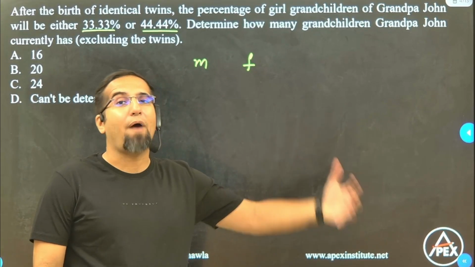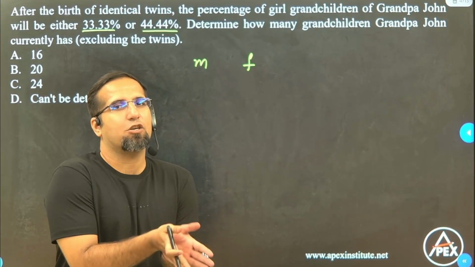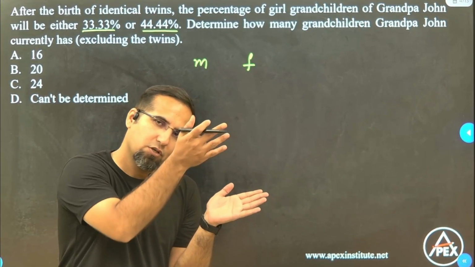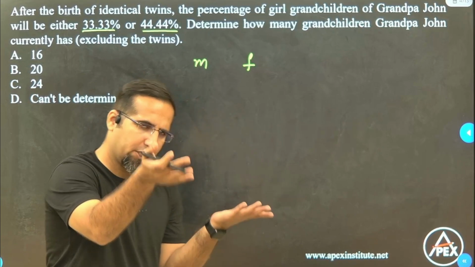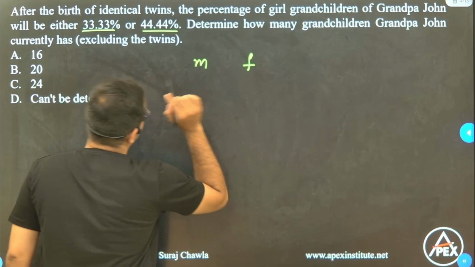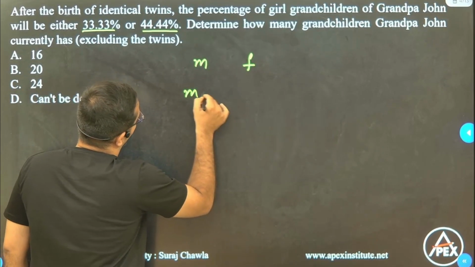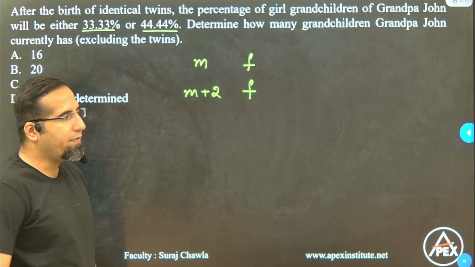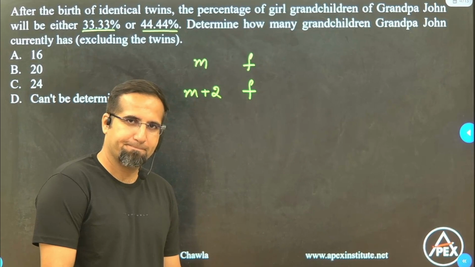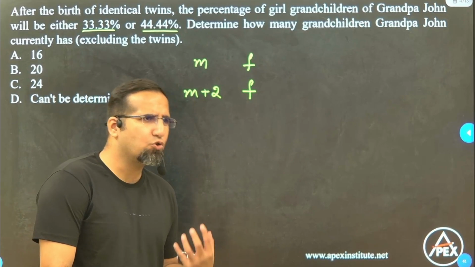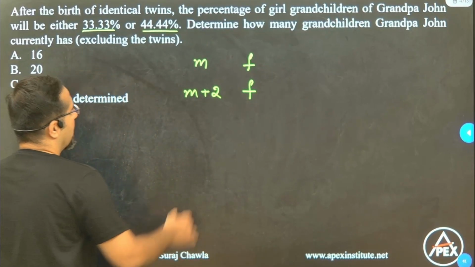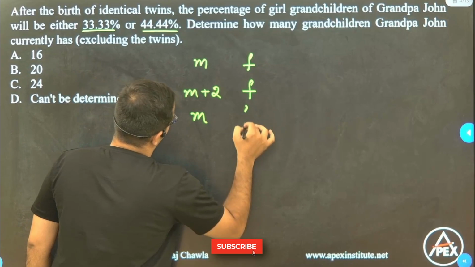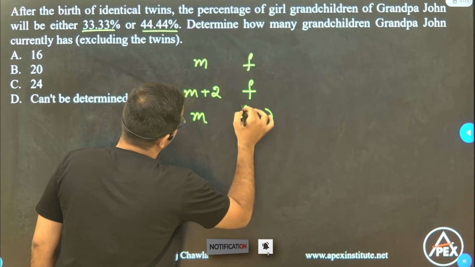After the birth of identical twins, now those identical twins can be either two boys or two girls. ठीक है? तो अगर हम इनिशियल केस में लेते हैं तो अगर दोनों बॉयज हुए तो m+2 हो जाएगा नंबर ऑफ मेल्स, f हो जाएगा नंबर ऑफ फीमेल्स। और अगर वो दो ग्रैंड चिल्ड्रन फीमेल हुए तो नंबर ऑफ मेल्स विल बी m, नंबर ऑफ फीमेल्स विल बी f+2।